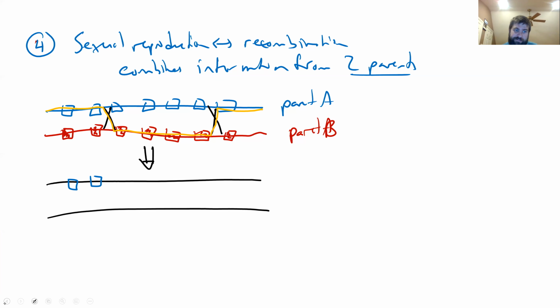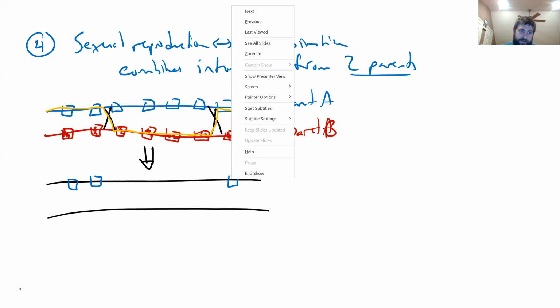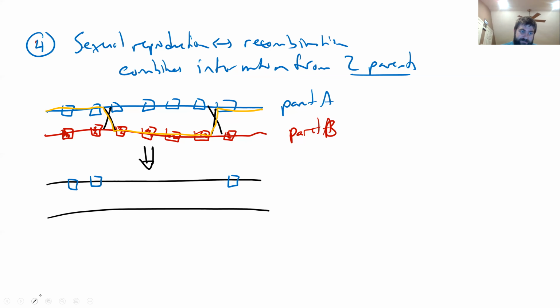And so this first of the progeny would have the first 2 genes with the variant from parent A, and the middle 4 genes with the variant from parent B, and the